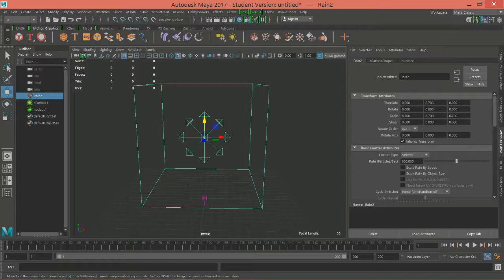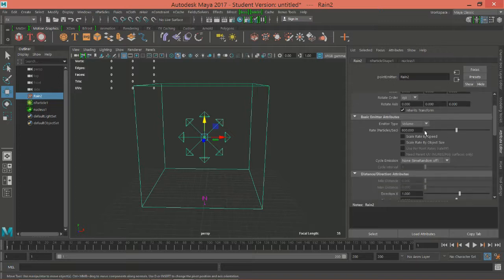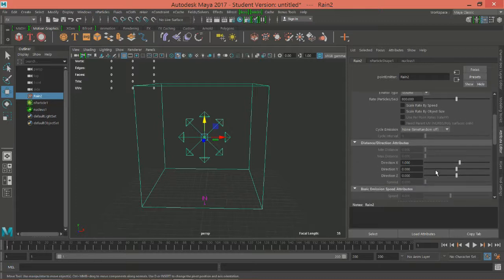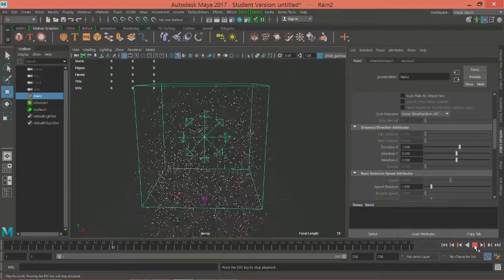You can toggle these by hand if you wanted. If you wanted an exact size, you can do that here. Basic emitter attributes, these are the same options that we had before when we created the emitter. Distance direction attributes. So if we go down here to our timeline and we press play, we can see it